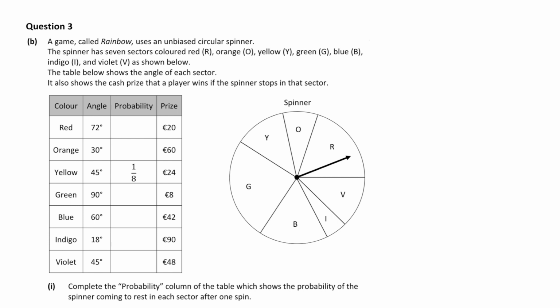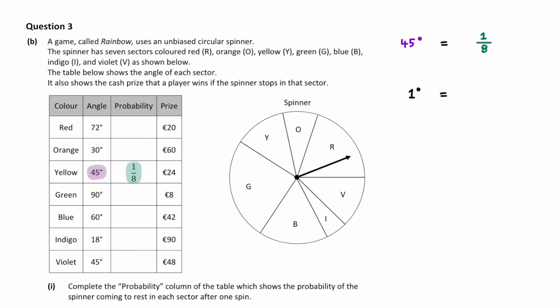In our table, the row with yellow is completely filled in. In particular, we're told that an angle of 45 degrees corresponds to a probability of 1 over 8. We can write this in equation form as 45 degrees is equal to 1 over 8. If we can find what 1 degree corresponds to, this will allow us to easily find all the other probabilities